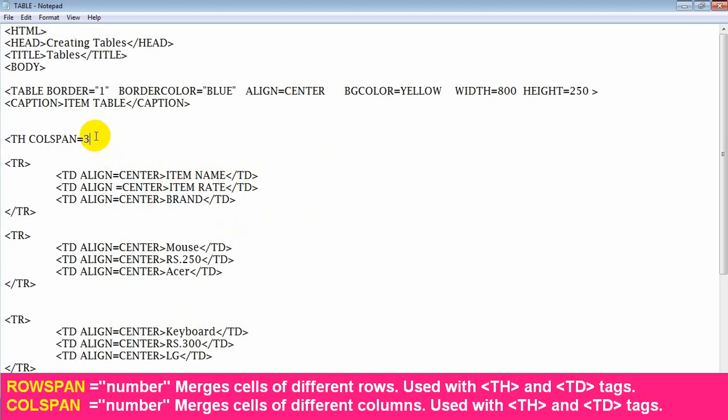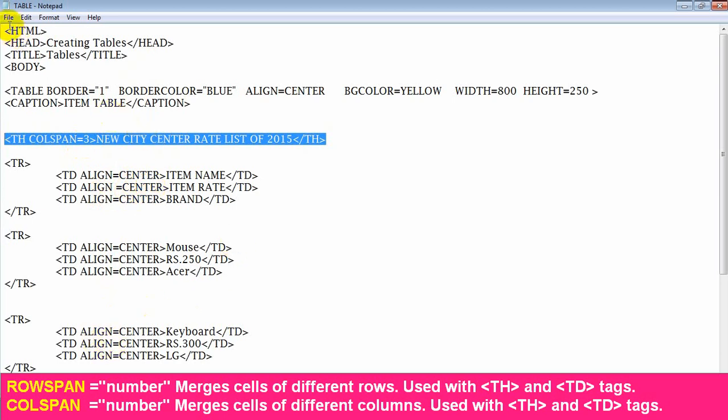Now just close this table heading, and we want to give the title of the merged cells. For example, New City Center red list for 2015. Now just close this table heading. Now what happens? Let's see the output of this table heading th. Colspan equal to 3. Here we are going to merge 3 cells.